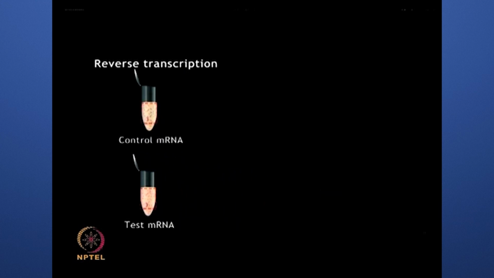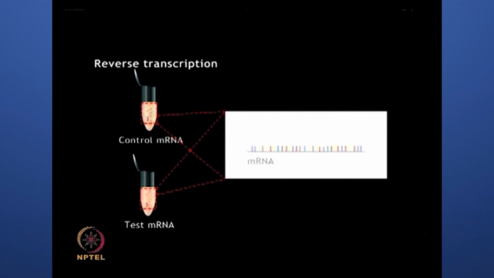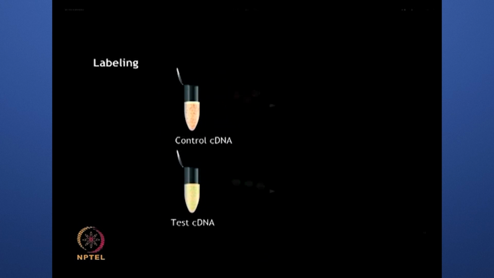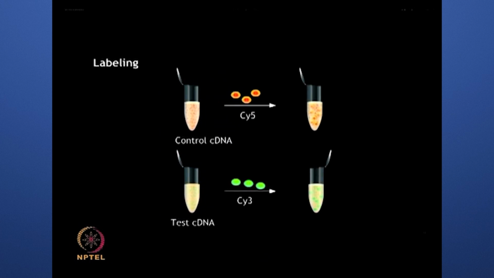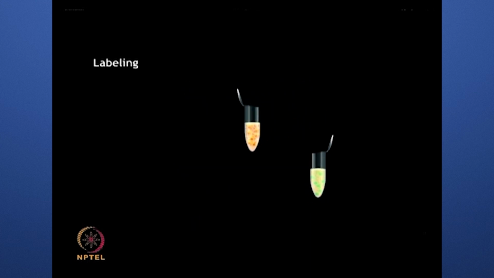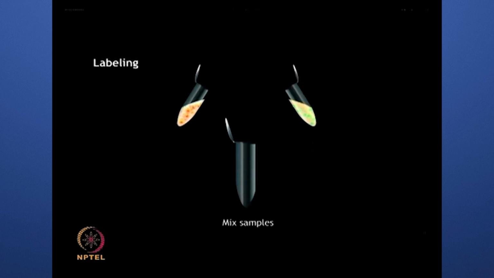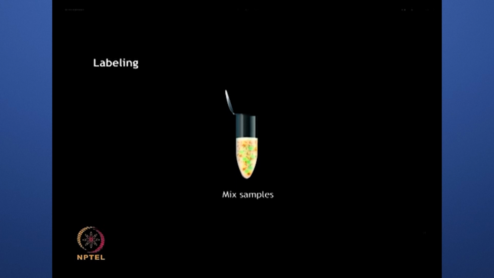This enzyme, which is also known as RNA dependent DNA polymerase, is capable of synthesizing DNA from a corresponding RNA template. The control and test cDNA samples obtained are then labeled with Cy5 and Cy3 dyes respectively. Since the two dyes can be excited at different wavelengths, the differentially labeled samples are then mixed together for further